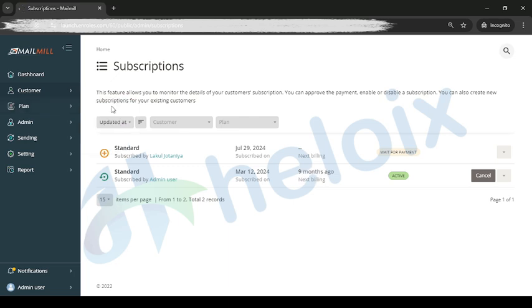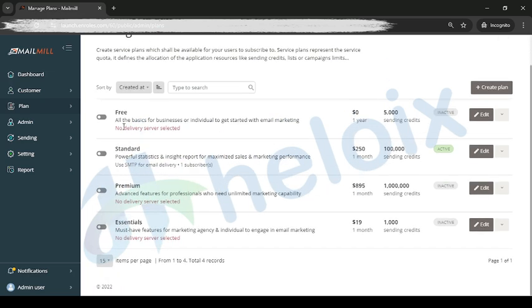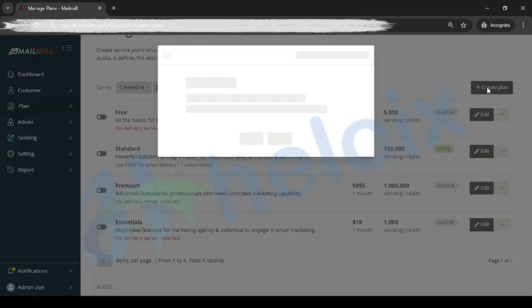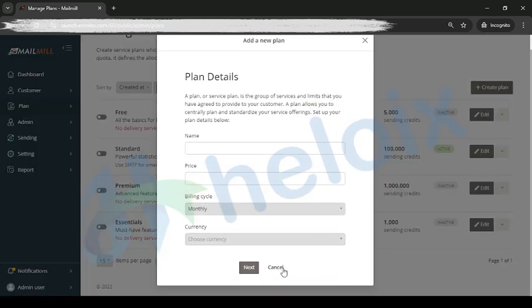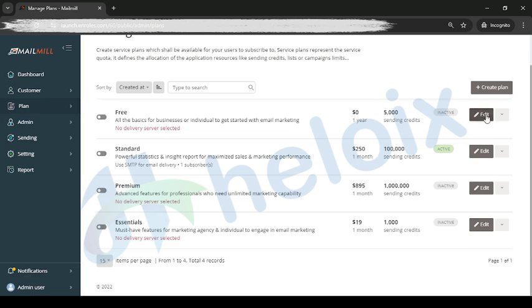Then we will go to plans. Here are some plans which we have created, and that data will come here. You can easily enable or disable them. You can add, copy, or create one. Just select name, price, billing cycle, and currency. You can set it up and use it. If you go for edit,